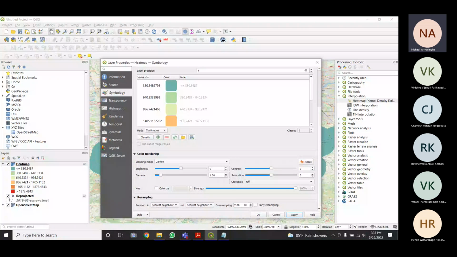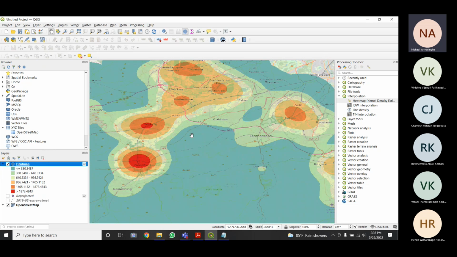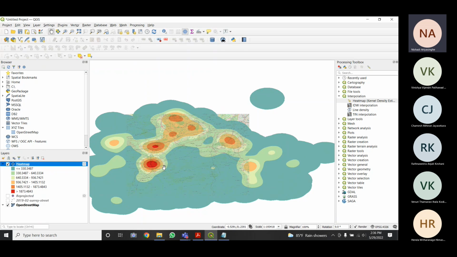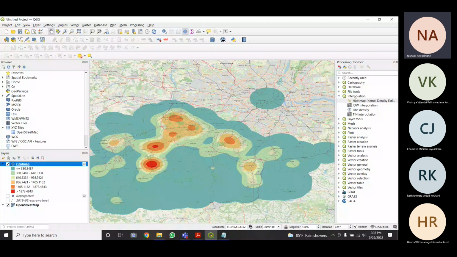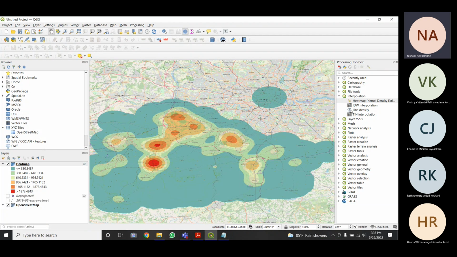These points have actually come from this reprojected layer. You can simply close that layer. I'm just applying it like this. If I untick this, here you can see on top of the base map, the heat map has been created, right? The heat map has been created using the kernel density estimation. It is an algorithm actually. Using this kernel density estimation algorithm, we can create a perfect, more clearly visible heat map.